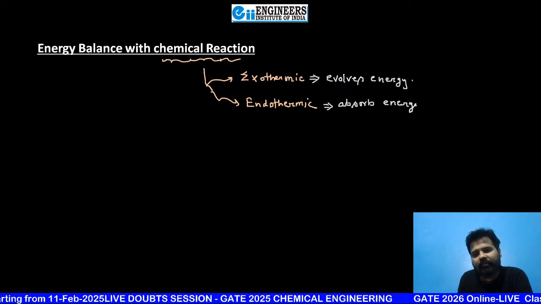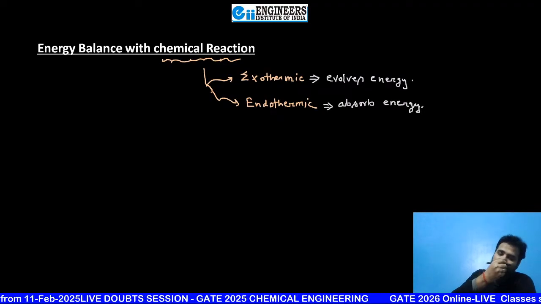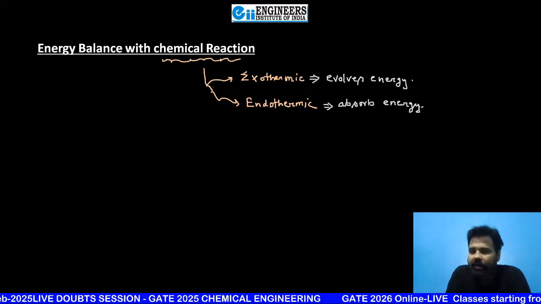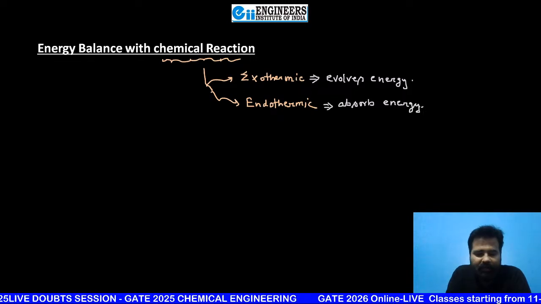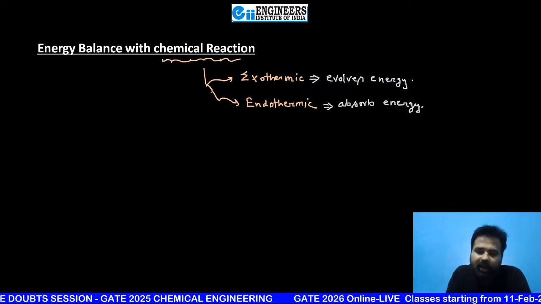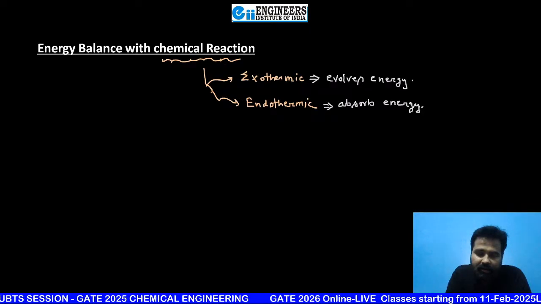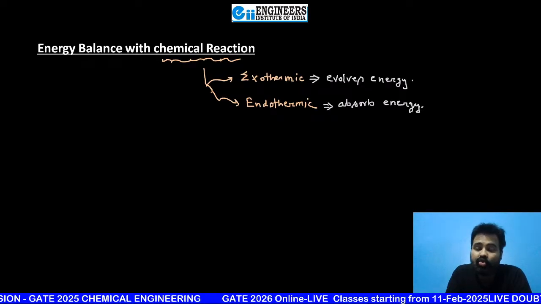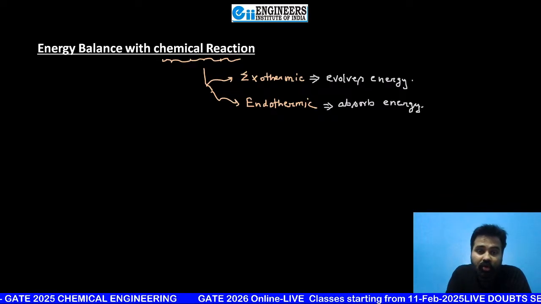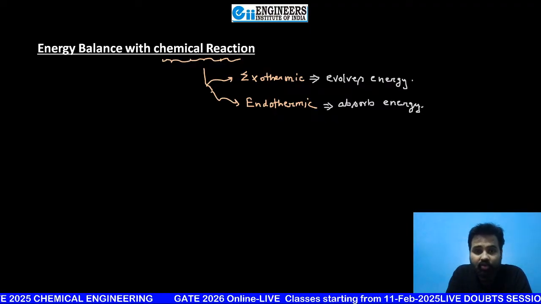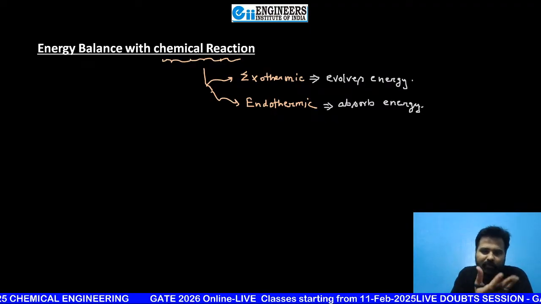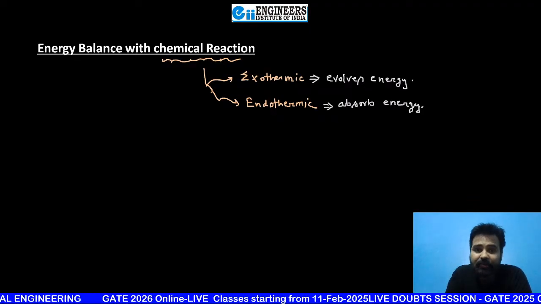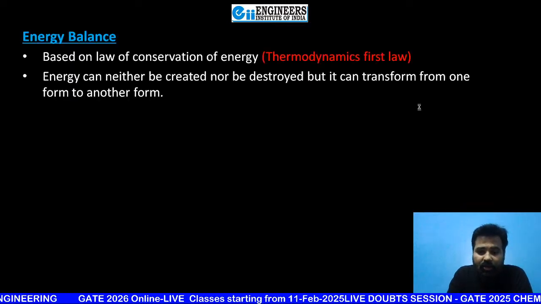What is the meaning of absorb energy, evolve energy? Whenever I say absorb energy, it does not mean the heat energy is destroyed. It is going to convert it into chemical energy, just in order to make some new bonds. Maybe your previous bond needs 2 joule, but the new bond requires 4 joule. So definitely that extra 2 joule is required, so it is going to absorb energy from outside. Which energy? Heat energy. And we are tested here for heat energy. So definitely now these are all going to fail.